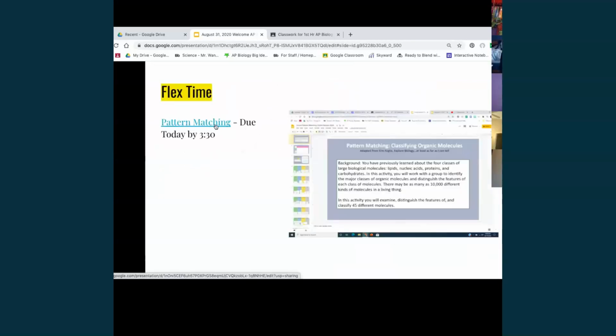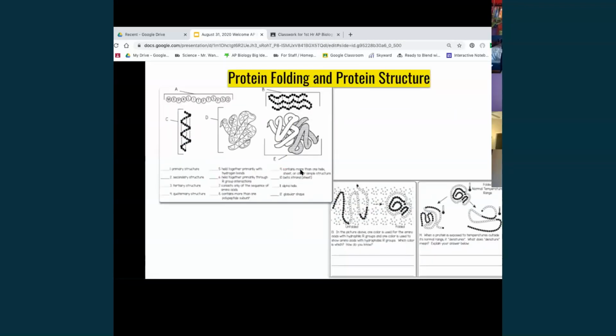Today I'm giving you this pattern matching. I told you about that already, and that's linked in the classroom. And it's just like a sorting. You grab and you sort. Okay, so if you want to work on this in here and then take off, you are welcome to do that, and I'll be here to answer questions that way. If you were like, man, I want to get out of here, then you are welcome to take off, do this on your own, and hit turn in when you're done. Okay, so if you're gonna hang out here,